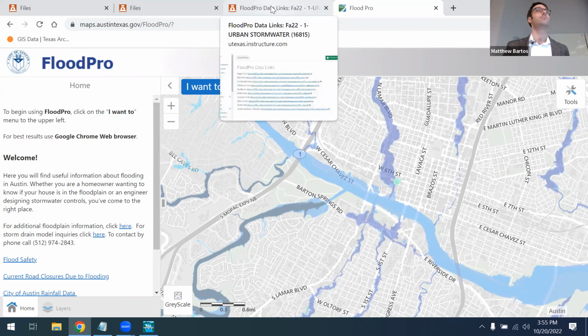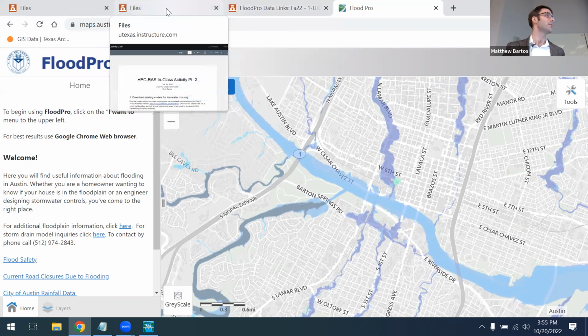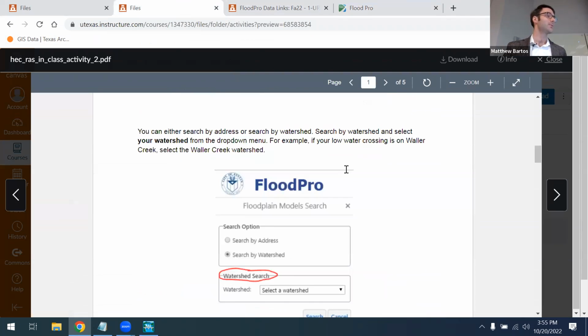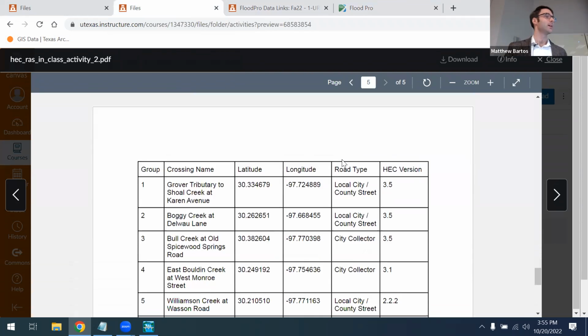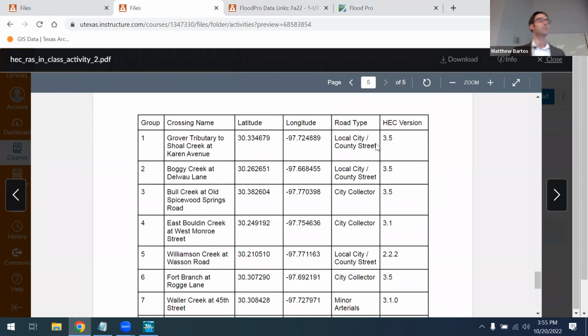the model data for your location, each of you is assigned a location. So I just want to make you aware of this final page of the activity. This lists your group number, your low water crossing name, the latitude and longitude of your low water crossing, the type of road, which you will need for the assignment, as well as the HEC version that it was created in. So this is an important thing to remember,